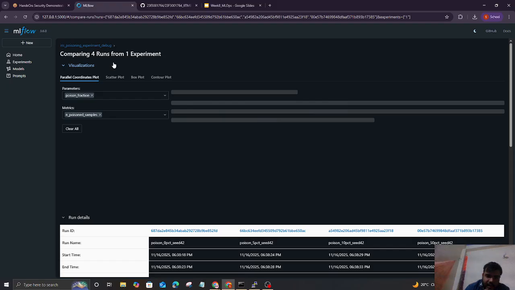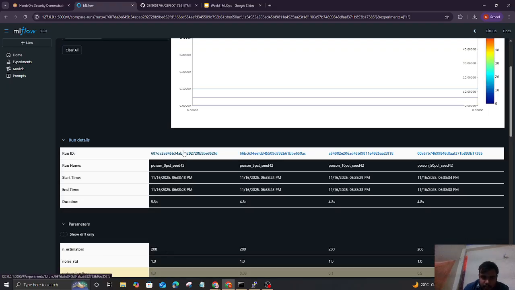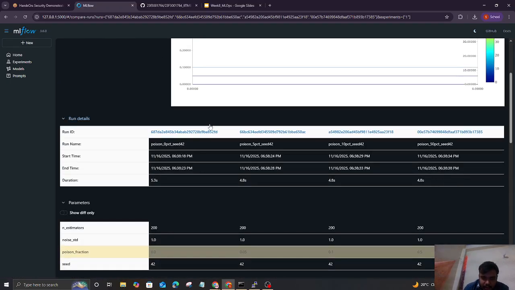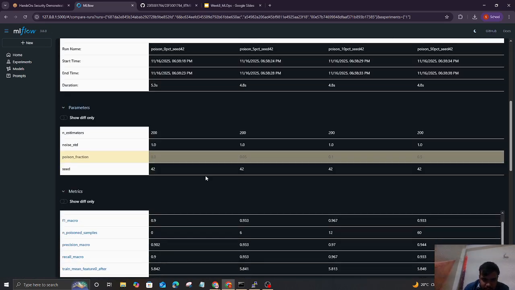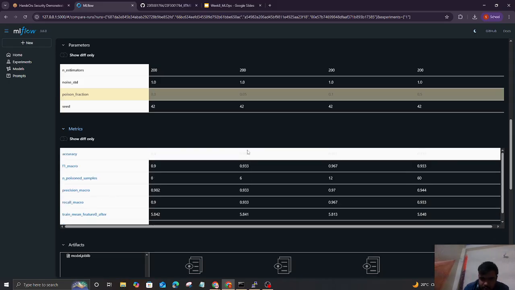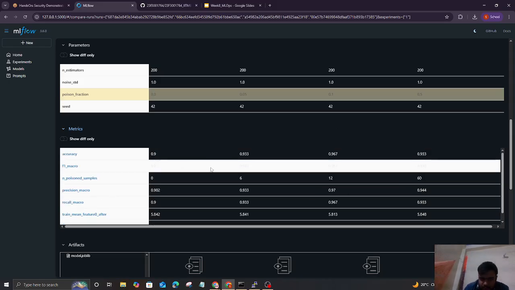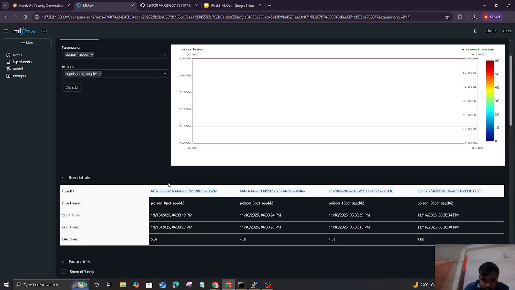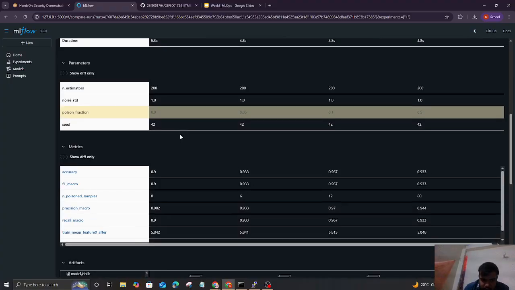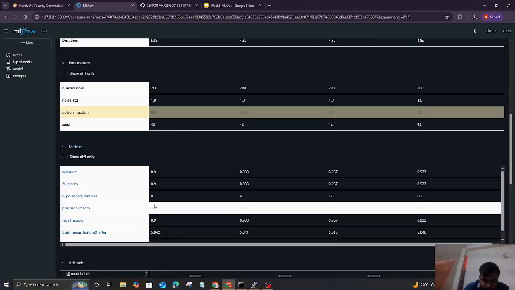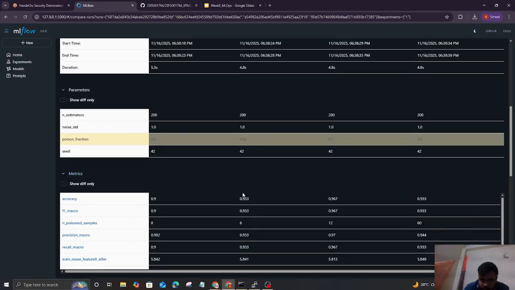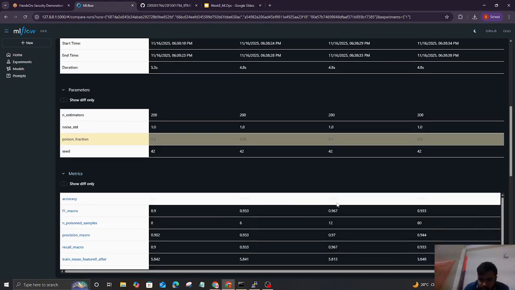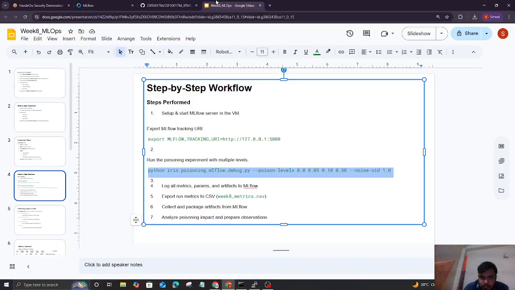I have added the results of these 4 in my GitHub repo in the artifacts folder. You can see the accuracy 0.933, 0.967, 0.933, and the F1 score for each test. As you can see, the accuracy increases up to 10% and then decreases up to 50%. It shows that